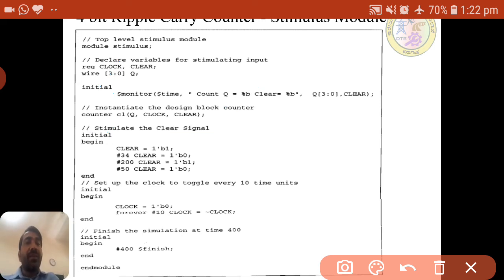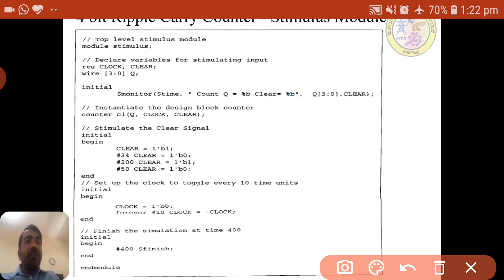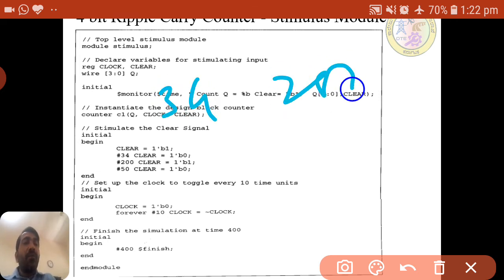So here, after initial, we are giving the inputs. Clear is 1, means it is active high. If clear is high, it will make all outputs 0 0 0. After 34 nanoseconds clear is 0, and from 34 to 200 clear will be 0 only.